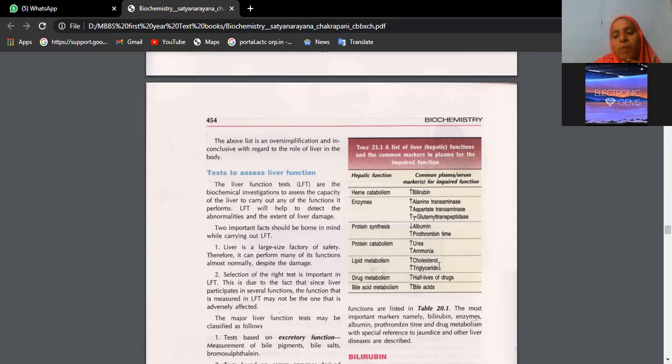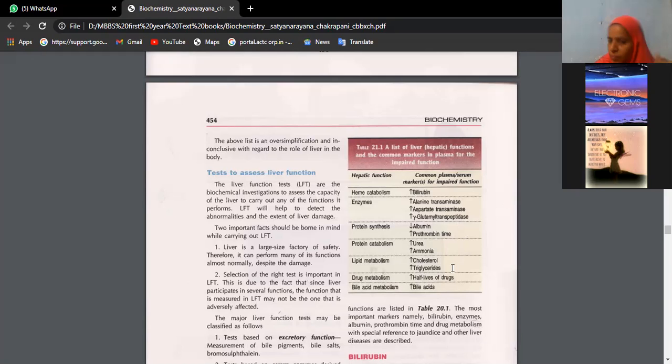What are the transport forms of lipids? Transport form of cholesterol we have seen. Serum lipoproteins. Very good. Name them. VLDL, LDL, HDL, and chylomicrons. Very good. Okay, they cannot be formed because of the damage to the liver, because of which you will see the free cholesterol and triglyceride levels will increase in the blood.